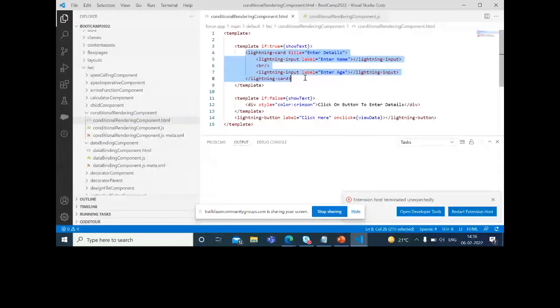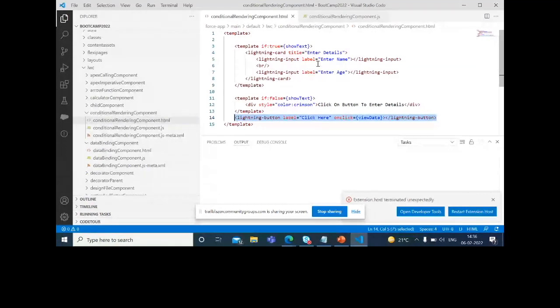Otherwise, it will not be visible by default. And if showText renders false, then this text will appear: click on button to enter details. By default, this button will also appear.